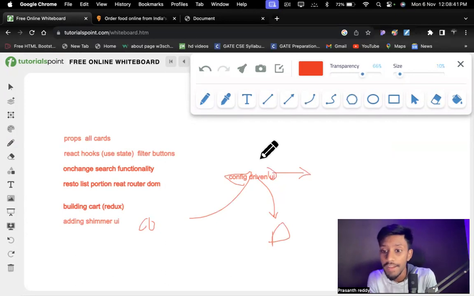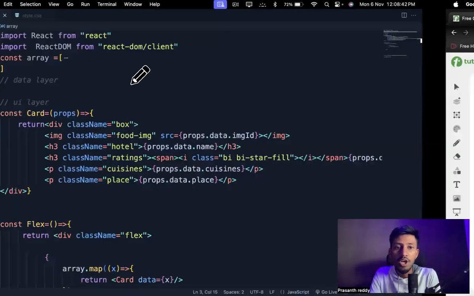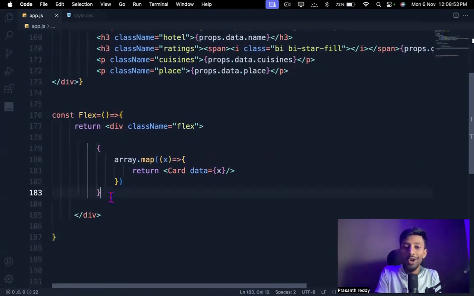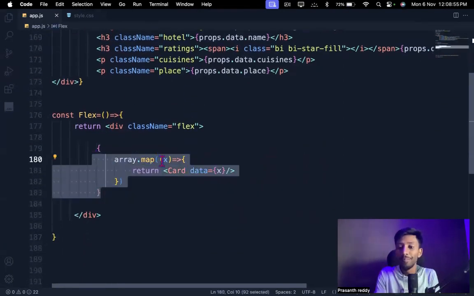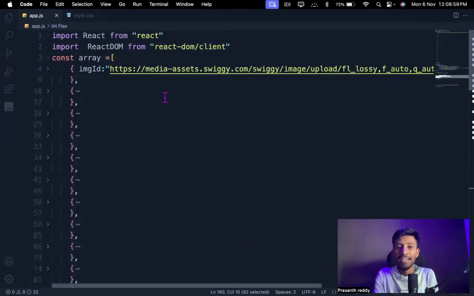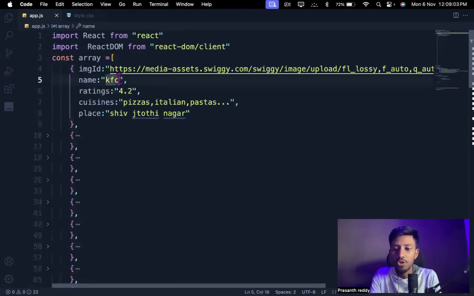Okay, what did we configure here? If you go and see this, I configured this API data to my UI code by using this array.map, right? Now, if I change anything inside my data, inside this KFC to GFC, if I take KFC to GFC.